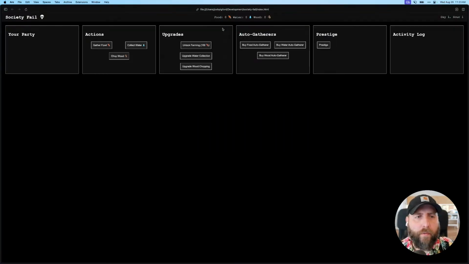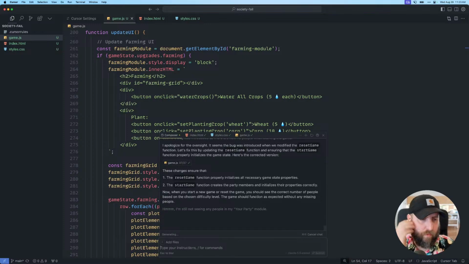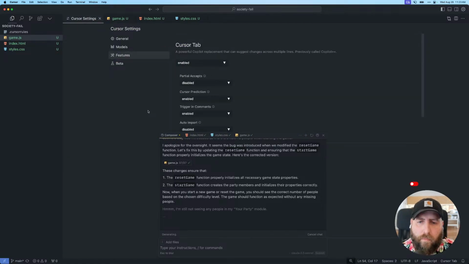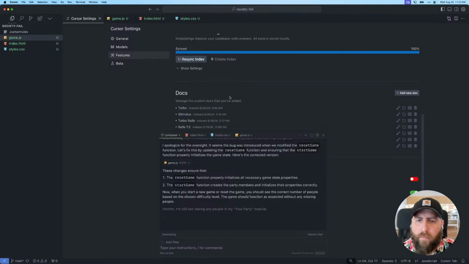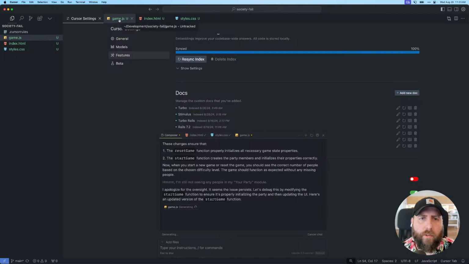Okay. Still no people in our party. I think this must be a visual thing because it says Bob gathered food, but I don't know how necessary, if that's really necessary here, but